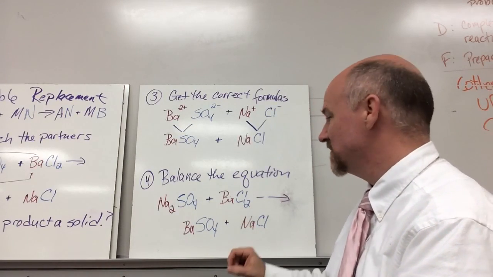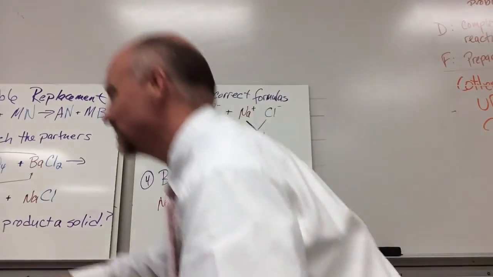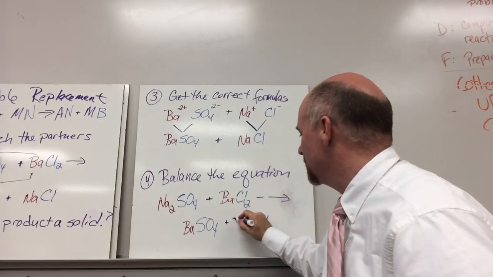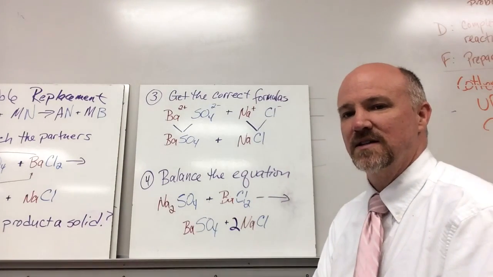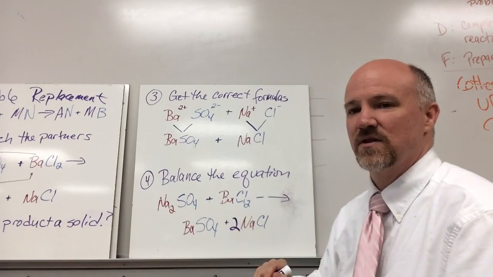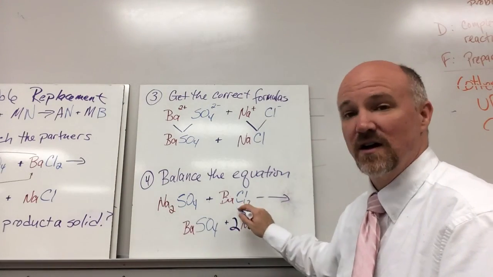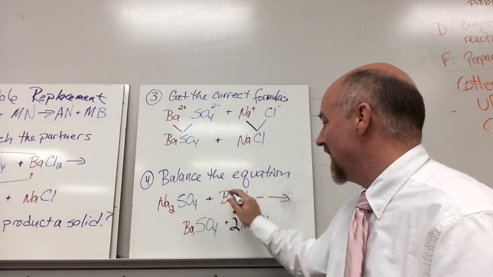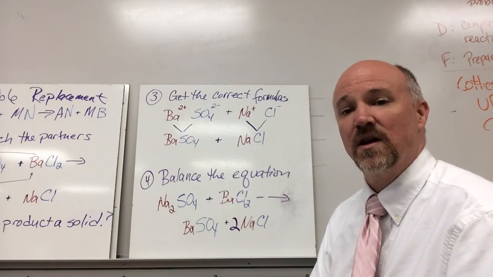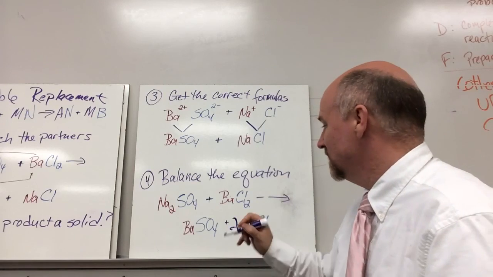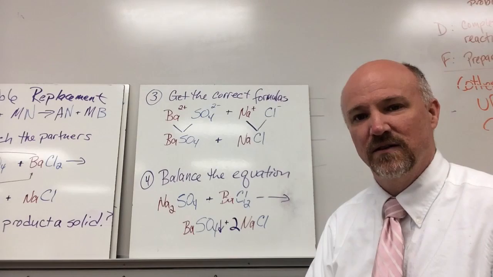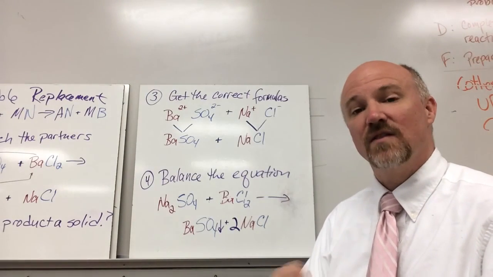I need to put a coefficient in front of sodium chloride. If I put a 2 here, that takes care of all of it. Now I have 2 sodiums, and I started with 2 sodiums. And 2 chlorines, I started with 2 chlorines. The barium, I had 1 and ended with 1. Sulfate, I had 1 and ended with 1. Now it's balanced. And in this, the barium sulfate is my solid. It's my precipitate. Therefore, this reaction